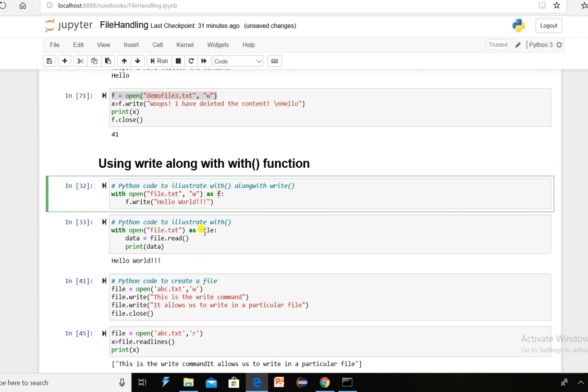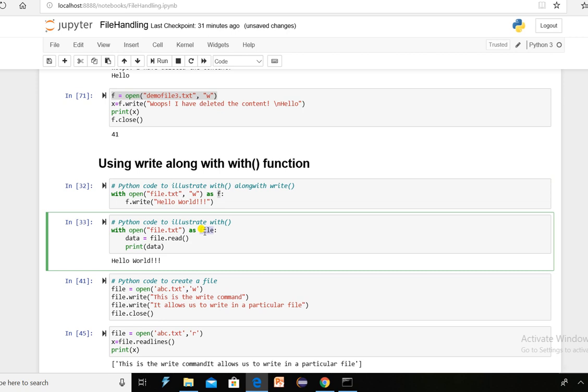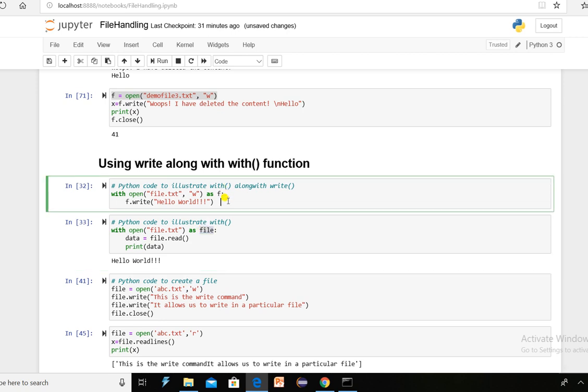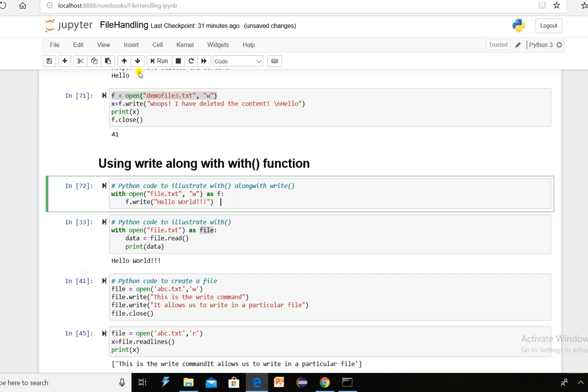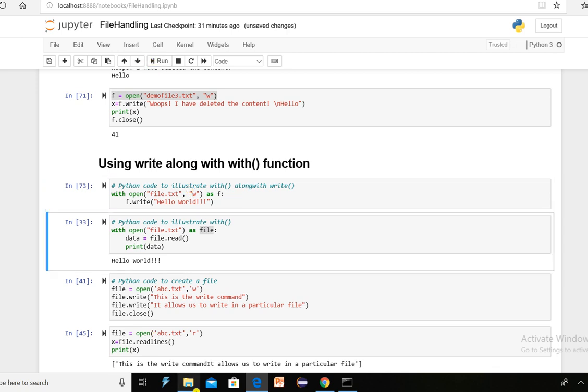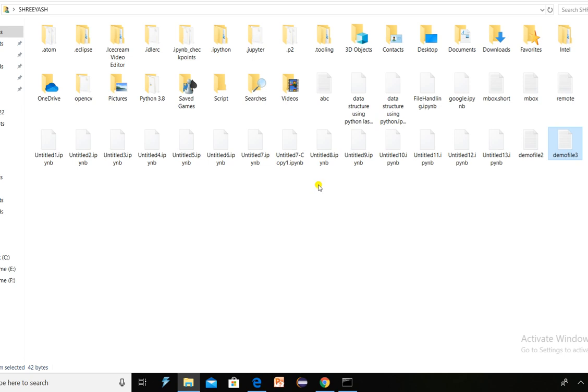What will be the handler here? The handler will be the file. You have opened a file named file.txt in write mode, and you have written hello world in that file. If I run this, file.txt will get created with hello world.